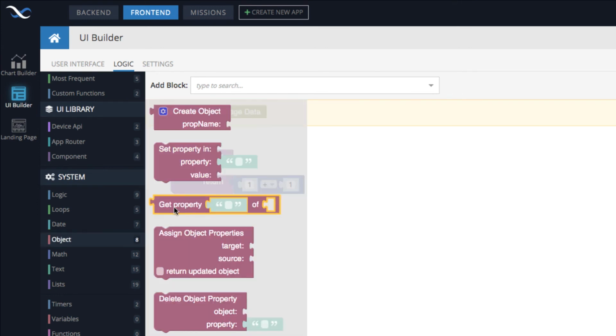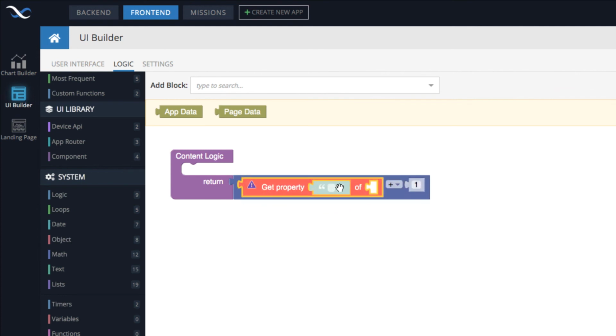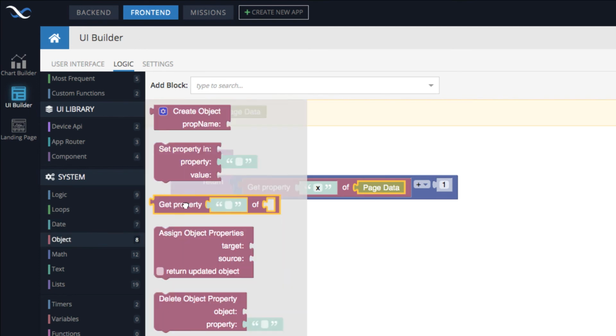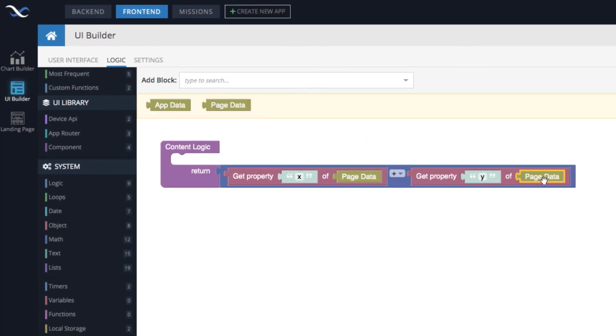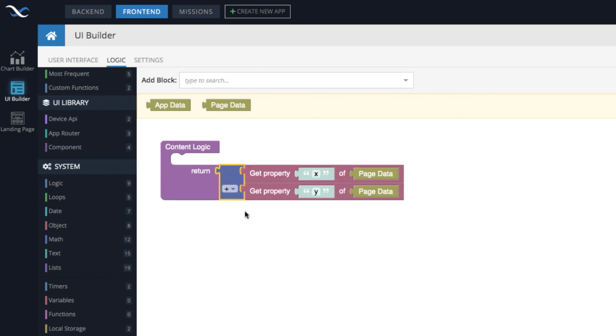Go to object and get this, get property x from page data. Same thing for y, get property y from page data. Then you can select this addition operator, right click and select external inputs, and it just changes the layout a little bit where it becomes a little bit easier to read.